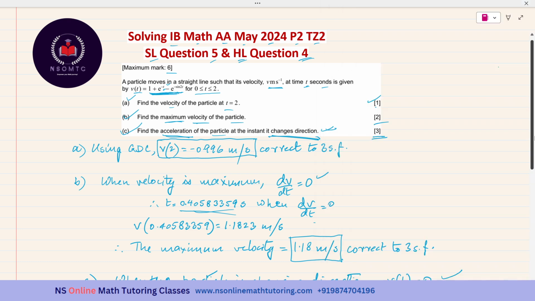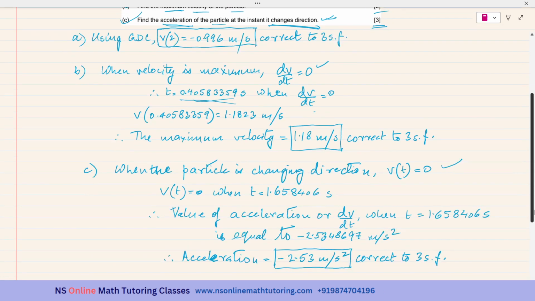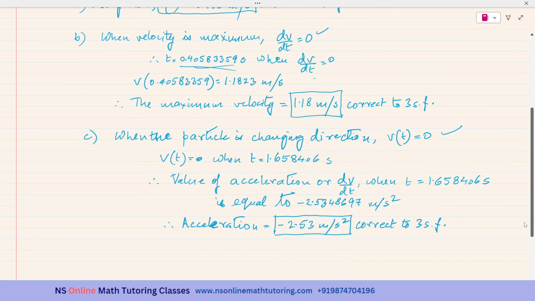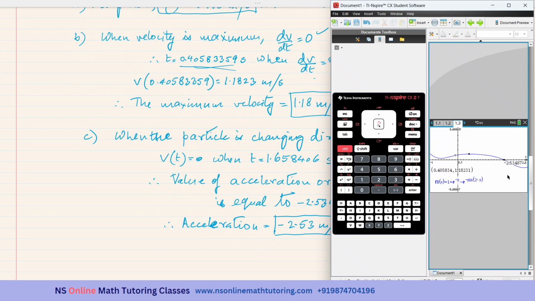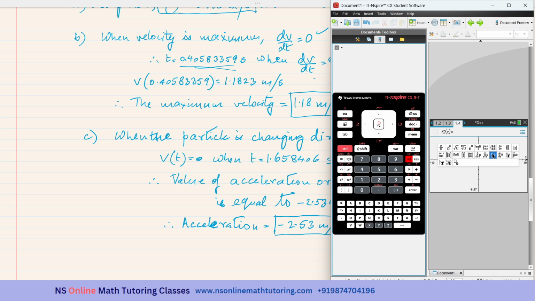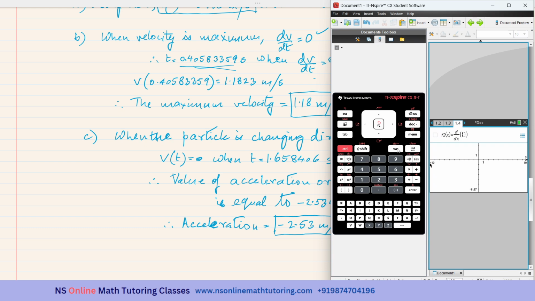What was the acceleration value that we had got? Negative 2.53. Okay, so we are getting the correct answer. In case you are not sure whether you have pointed the pencil on the correct place, this is f1 of x. You can see f1 of x. You can get the graph of the first derivative of f1 of x. See, over here, I'll be getting the first derivative of, it is x, obviously this time it is f, x, and variable, sorry,